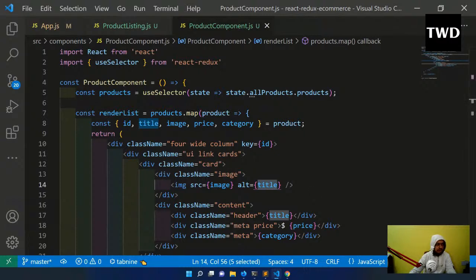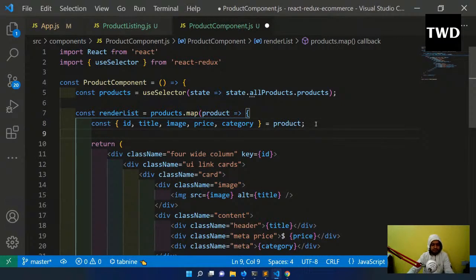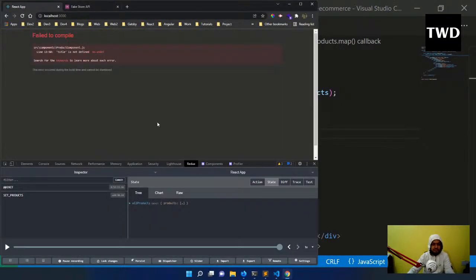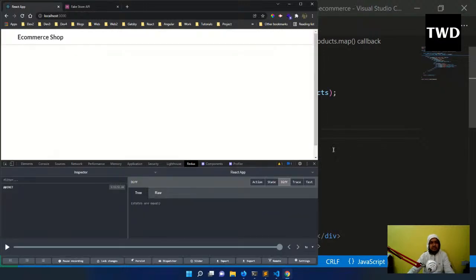What is giving me this title is not defined error? Save it, and just try to refresh it. Okay, so it is showing me the title is not defined, but